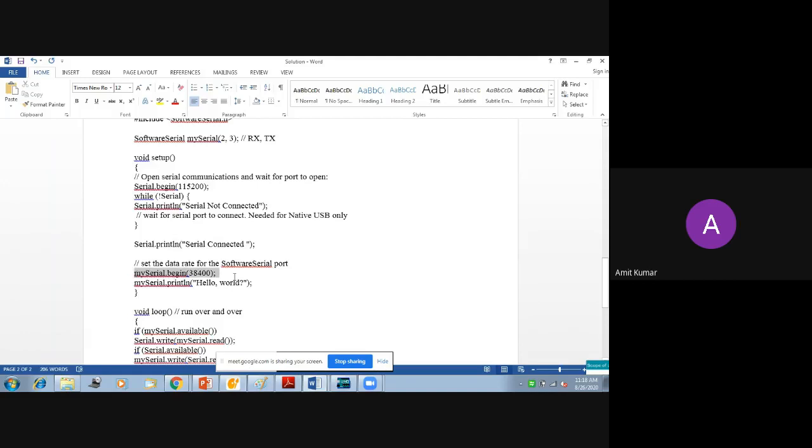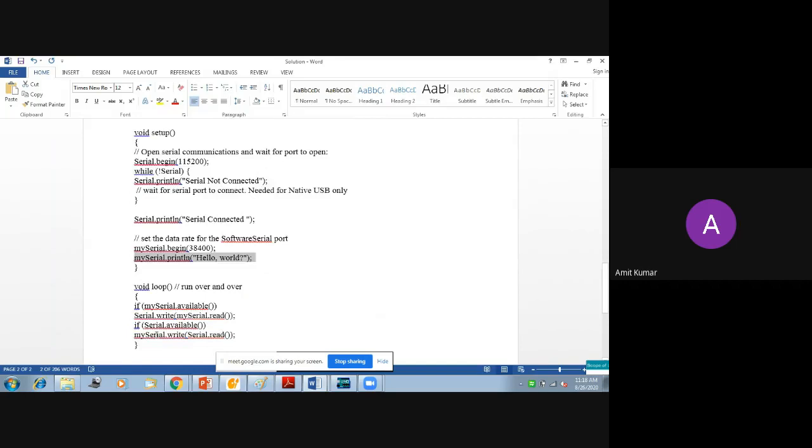Then this is the other serial that you have made, mySerial. mySerial will begin at the rate of 38400 and print hello world. On the mySerial port, it will print hello world. On the serial port, it will print serial connected, and if it is not connected, it will print serial not connected.